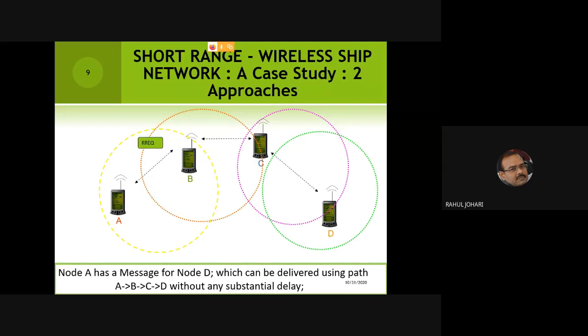Node A transmits the route request message, node B receives it and forwards it to node C, and node C further forwards it to node D. Now node D can decode the message, and come to know that it is the intended recipient. So I am the destination. If I am node D, I reply back by sending the RREP, or route reply message. In this way, messages get exchanged between the source and the destination. That's one possible approach, where node A takes the help of intermediate nodes to route the messages from the source to the destination.